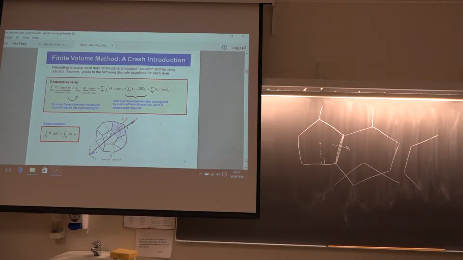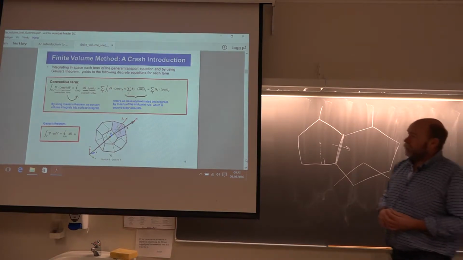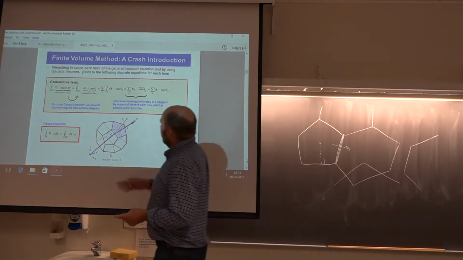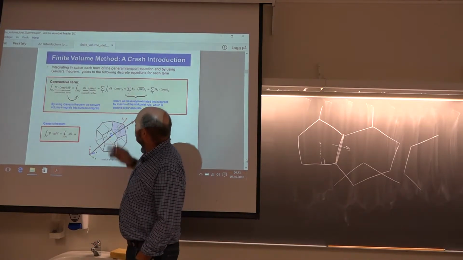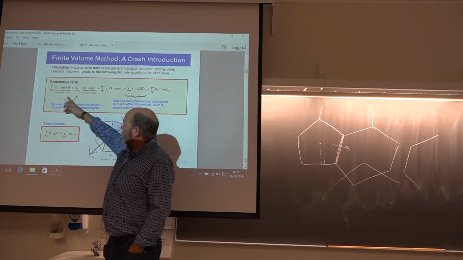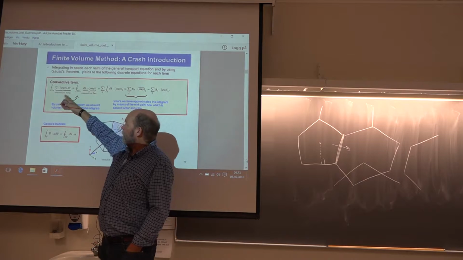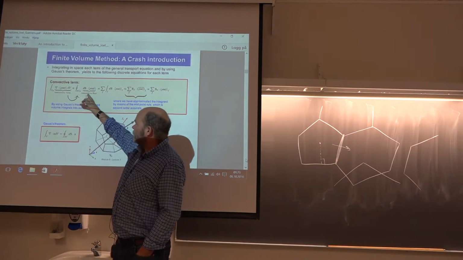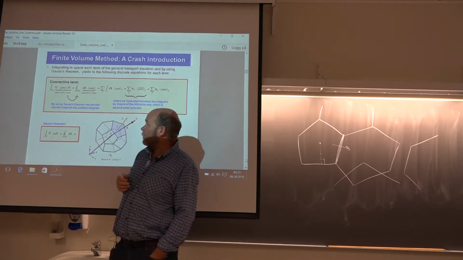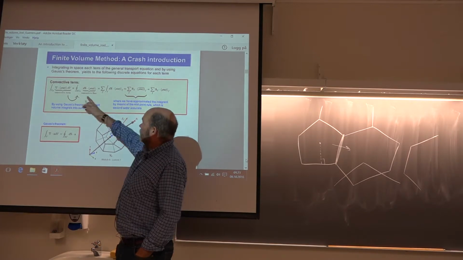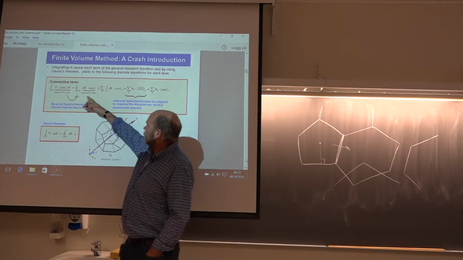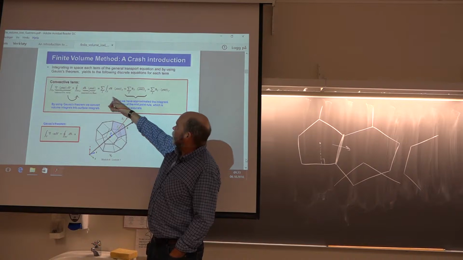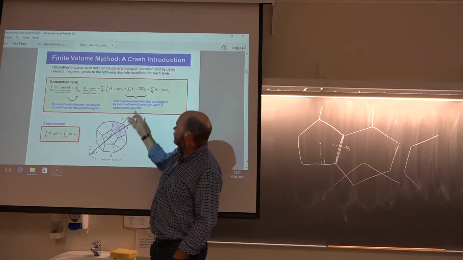And the question then is how to do this modeling. You might say the first step, the volume integral to a surface integral, is exact, nothing wrong with that. But then from this integral, finding the sum of fluxes,